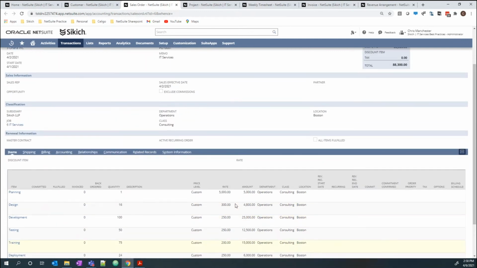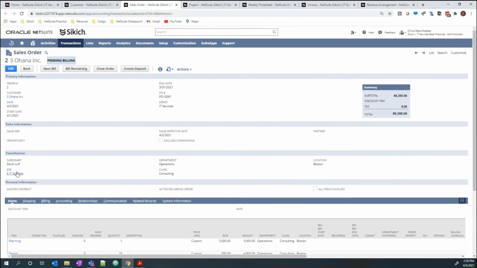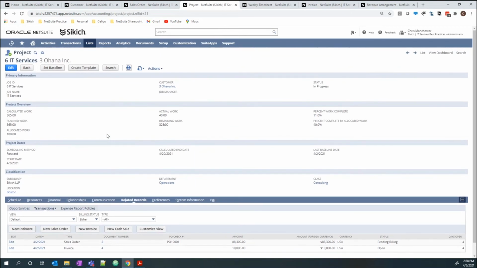Now from here, what we also like to do is really automate the creation of the project. So you can see that this particular sales order is related to an IT services project. And if we take a look at that project, there's a number of things we're going to track there. Again, we have our primary information where we can have a specific job ID, a more readable job name. It's tied to our Ohana customer. And we can track various things like job manager or project manager, who is ultimately responsible for the completion of this project. The status, we can say in process, not started,